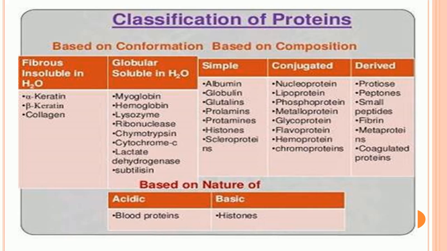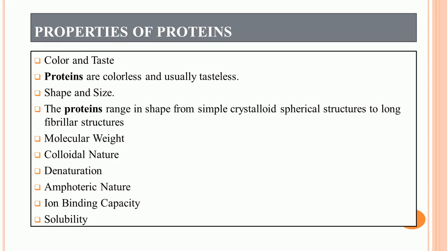Classification is also based on the nature of the protein. Acidic proteins are the proteins which are present in your blood, while the proteins which are basic in nature are histones; these are basic at pH. So our discussion was about proteins and amino acids, and I think this lecture is very important